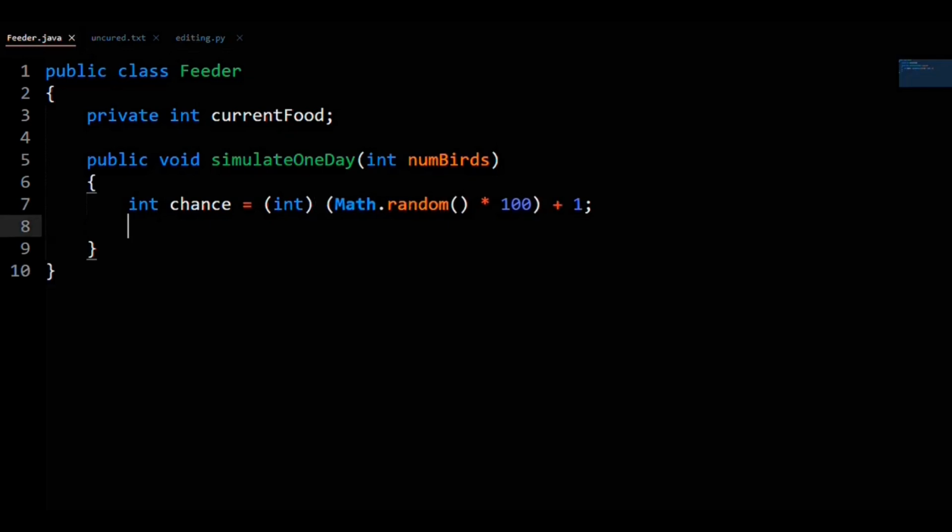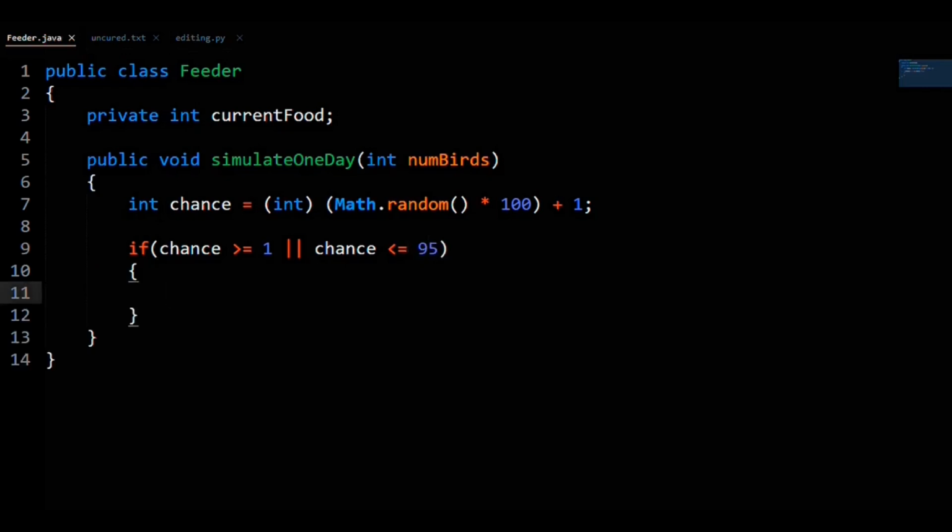On the 95% chance, so if chance is greater than or equal to 1, or chance is less than or equal to 95, you do the following. The number of birds you pass into the function will eat a random number of grams of the food between 10 and 50. So int grams food